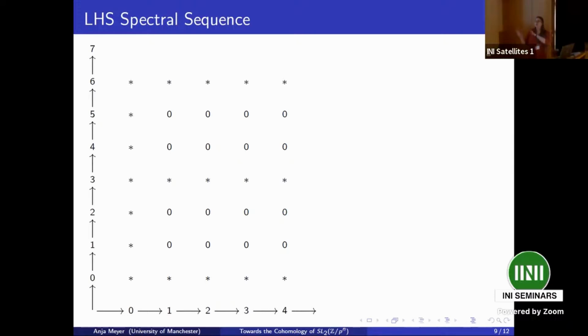So let's deal with a few non-zero entries that we have in the body of the spectral sequence. And because everything in the bottom row survives and everything in the vertical edge survives, the things which are non-zero in the body of the spectral sequence are products of elements from the bottom with the vertical.